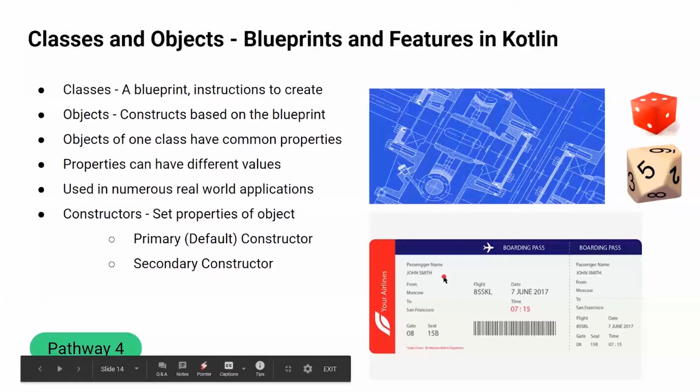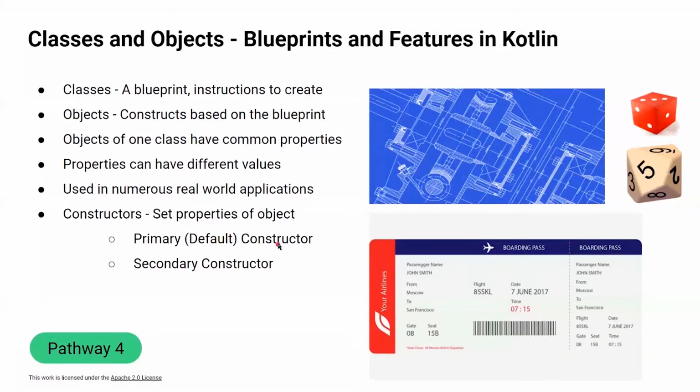Another thing the classes have, and we'll see this in the code lab soon, is something called constructors. So up till now, I've been talking about how each object of a class has certain properties. So this constructor is what helps you set these properties. There are 2 types of constructors, primary and secondary. And we'll only be focusing on primary constructors now. Secondary is a bit advanced and it's not really used that often.